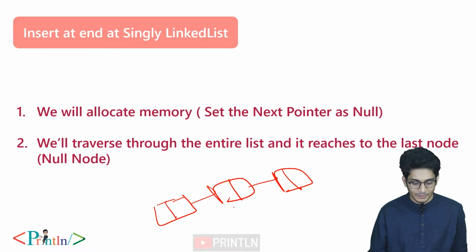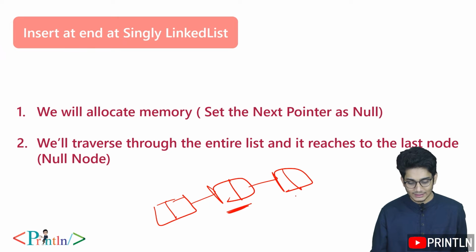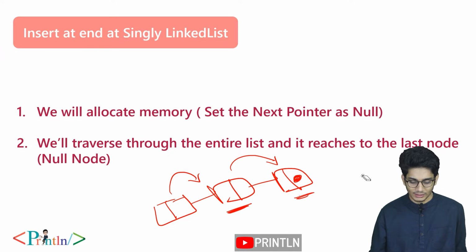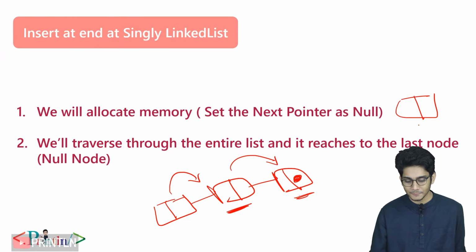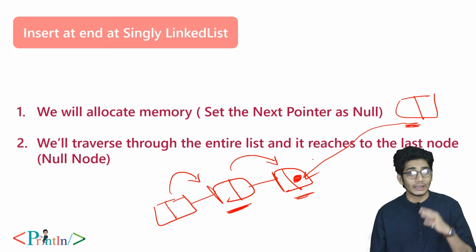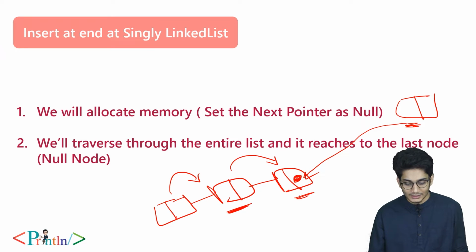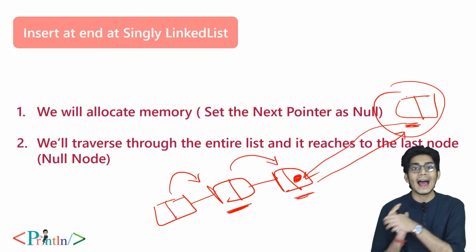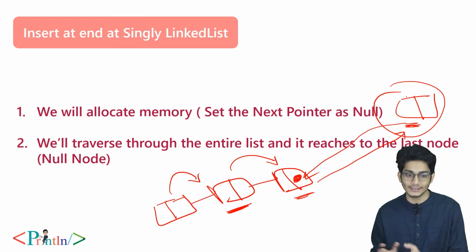So it has the memory of this node, it has the memory of this node, like memory address. So this node will point to this, this node will point to this, but in this portion we have null. So whenever we allocate a new memory, it will have some address. So we'll store this address over here. So whenever we terminate with null, at that position we'll store this node, then it will keep pointing to this node. So this is how we can add a node at the end of a list.